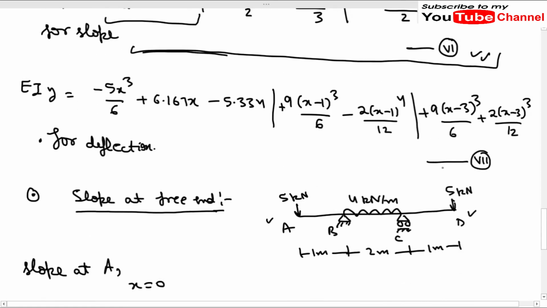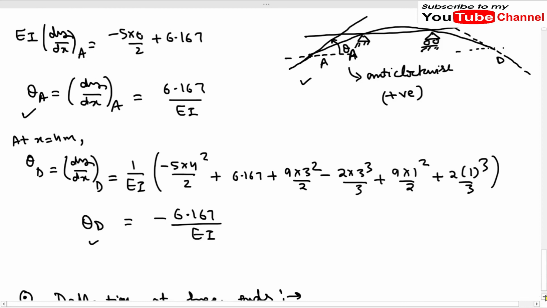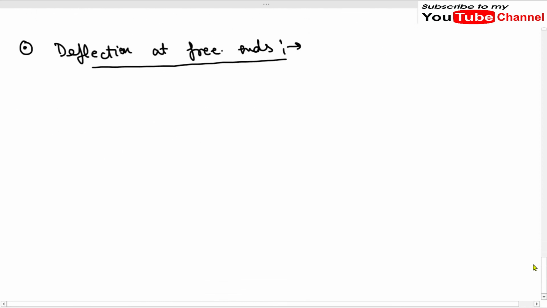We will use this equation number 7 to find out the deflection at A, and we will use only these three terms up to the first vertical line, because we are taking point A, which is in the segment AB. So we will just put the value of x as 0 in these three terms. Let me find out the value of deflection. So EI